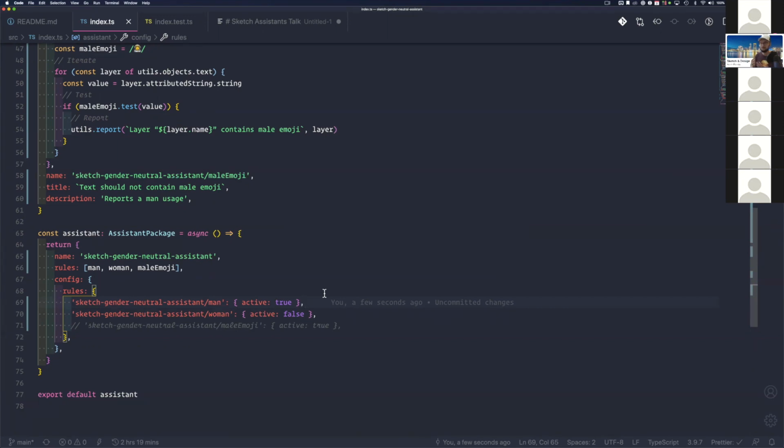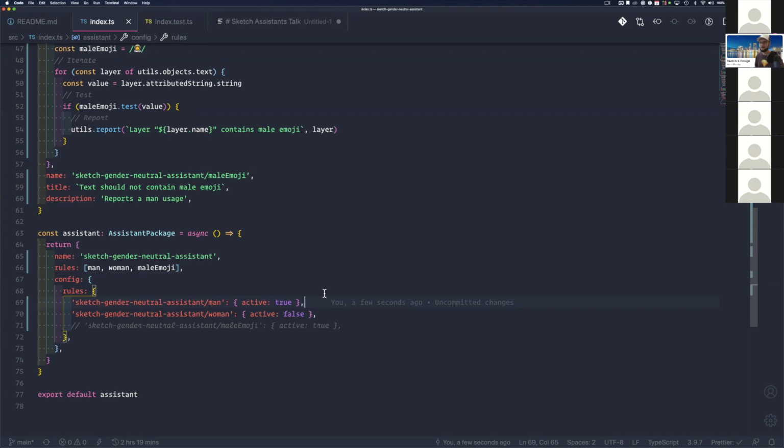Let's say you wrote a rule and you want to test it out really quickly, and it's not quite right, so you go back to the code and change one thing, you think that's it, and you generate the archive again, uninstall the assistant from Sketch, reinstall with the new archive, and then run your design file again, and it's not quite right, and then you go back. That cycle can take